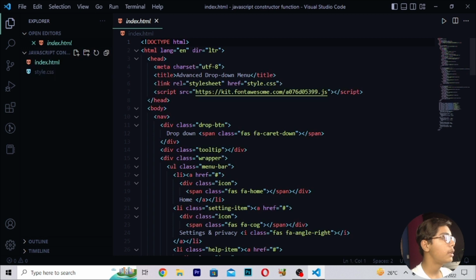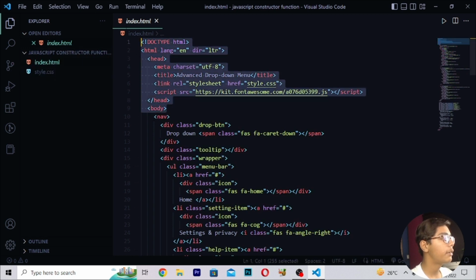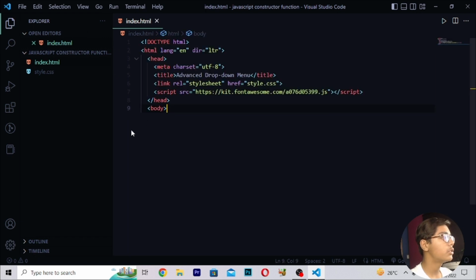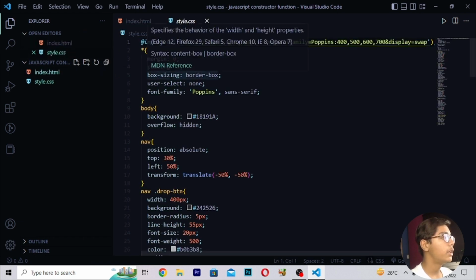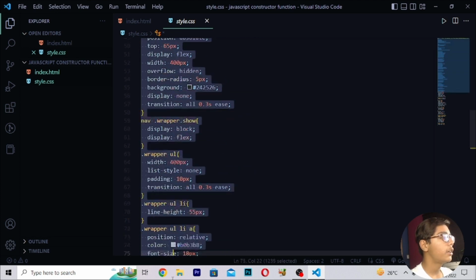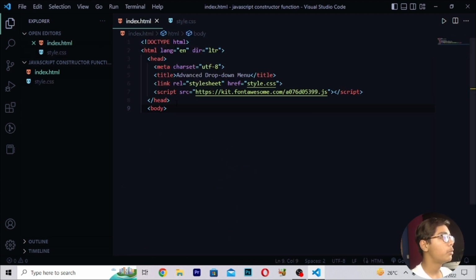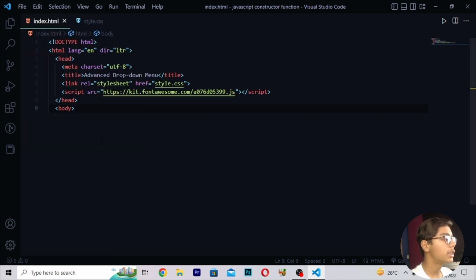Then this is my main file. Here I will be doing one thing only, I will be copying the starting code, then erasing all the stuff. Then this is the advanced drop down menu which we are building. Here I will be moving in this tag, then you have to just move down, and now I will save this, then press Ctrl B to close the side panel.